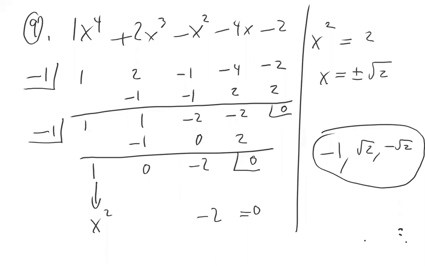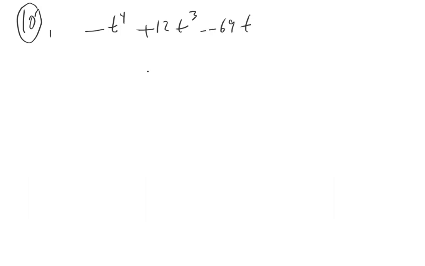All right, now, problem 10. This says -t to the 4th plus 12t to the 3rd minus 69t to the 2nd plus 198t. So then it shows you